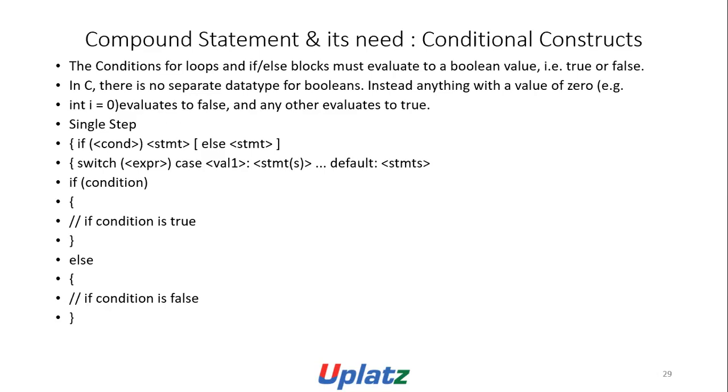The conditions for loop and if-else blocks must evaluate to a Boolean value, that is, true or false. In C, there is no separate data type for Boolean. Instead, anything with a value of 0, for example int i = 0, evaluates to false and anything else evaluates to true. Single step: if (condition) statement; else statement; switch (expression) { case value1: statement; default: statement; } if (condition) { if (condition) true; else } else { if (condition) false; }